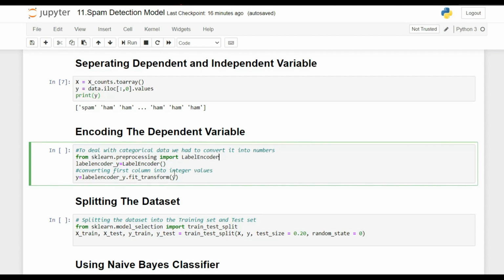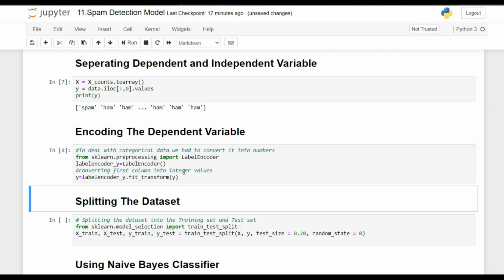The last step of label encoder is that we need to fit transform the data. Here y has only one column, so we don't need to mention the column number, we are directly giving y. Let's run this code, guys.